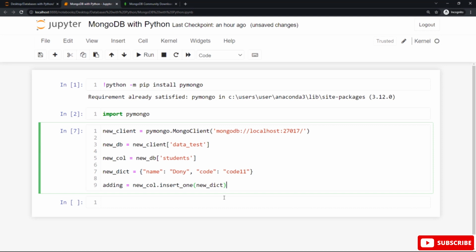For name is Donny and code is code 11. And before using the insert one method, make sure to place the variable name that refers to the collection connection in the database, and assign this to a variable called adding, or you can call it any valid name you wish instead of using adding. After that, let's use the print function with this adding variable, and the output for this